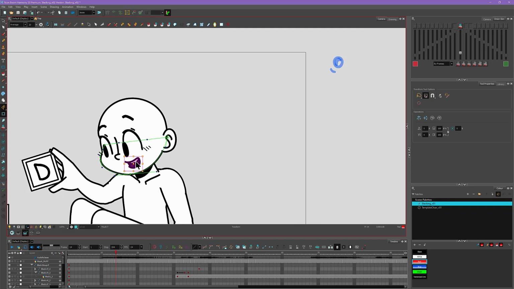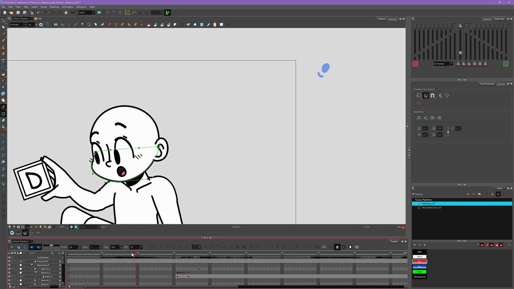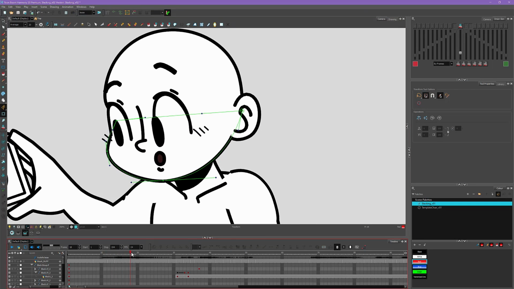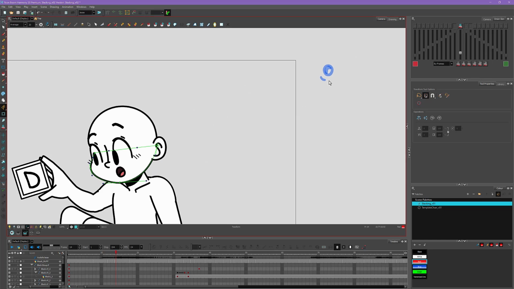Then our next mouth shape is the big O shape. And again, I'll select the jaw, press B until I get to the peg, add a keyframe, and I'll just continue doing this all throughout our entire animation until our lip sync on our puppet rig matches the rough lip sync we did up here.